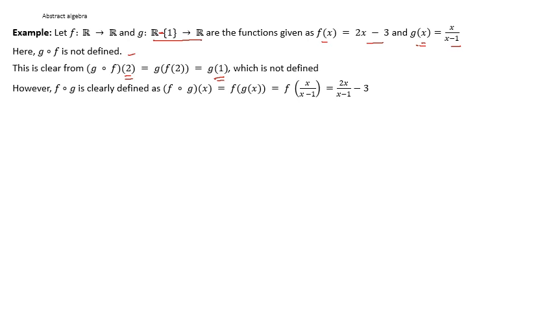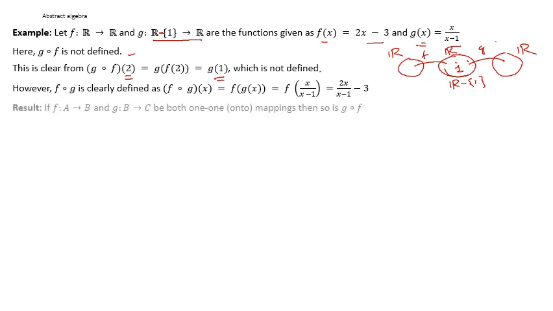So this is an example where f is from R to R, but g এর ডোমেইনটা অ্যাকচুয়ালি R এর একটা সাবসেট, অর্থাৎ R টা সব নিয়ে খালি ওয়ান এলিমেন্টটা বাদ দিয়ে, g এর ডোমেইন হচ্ছে R minus 1, আর কোডোমেইন is again R, this is g. এইরকম যদি হয় তাহলে আমরা দেখছি যে f of g of x is defined, but g of f of x is not defined. তো সবসময় f of g of x equal to g of f of x হবেই না, কখনো কখনো কোনো একটা ডিফাইন্ড হবে, আবার কোনোটা ডিফাইন্ড হবে না।